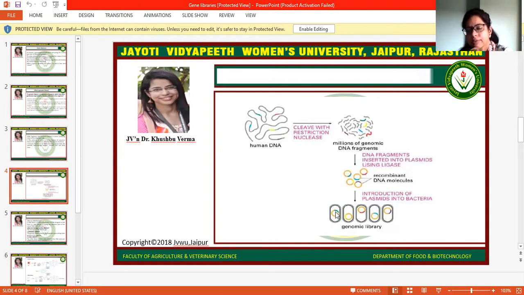After a particular period at optimum temperature, we will get a number of colonies in the broth or on the agar media, so many colonies which have these recombinant vectors. That's how we can multiply, because here there was only one or two copies of the gene of interest, but now we are getting a proper library of genomes or a particular gene of interest. We have a proper library, and this collection is known as a genomic library.